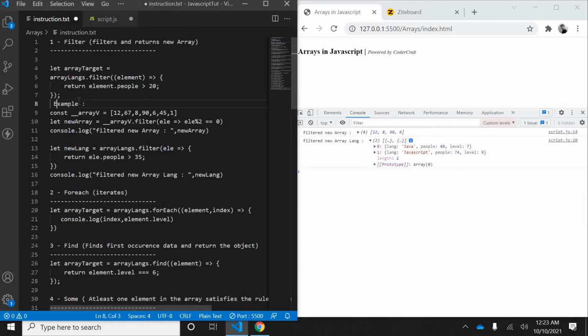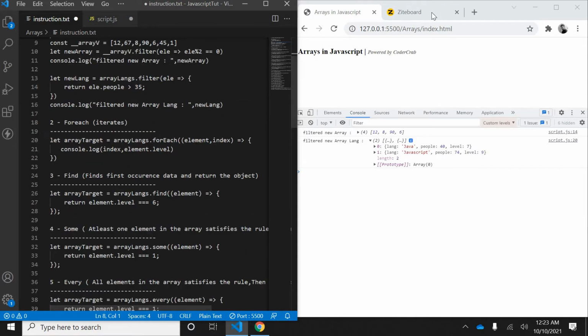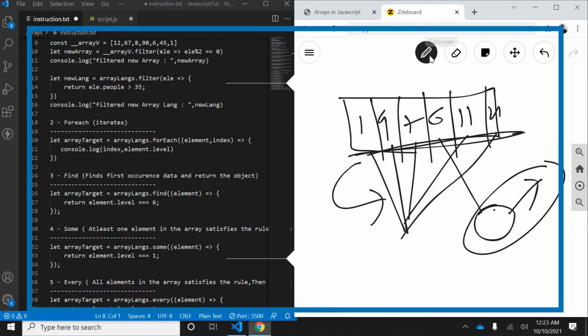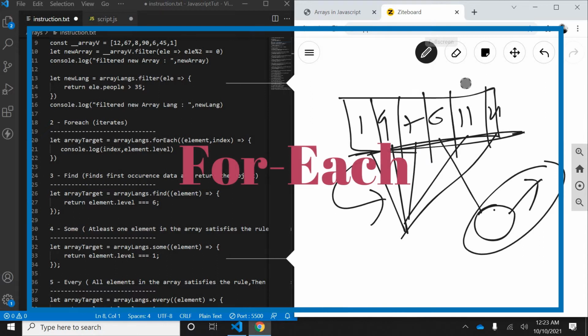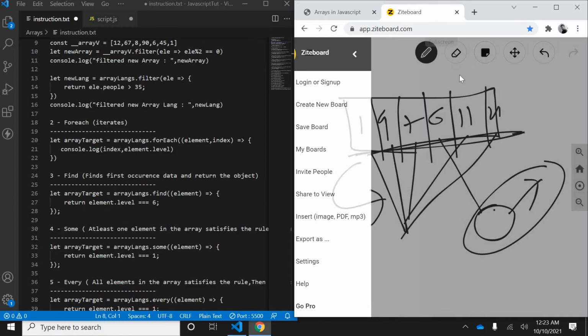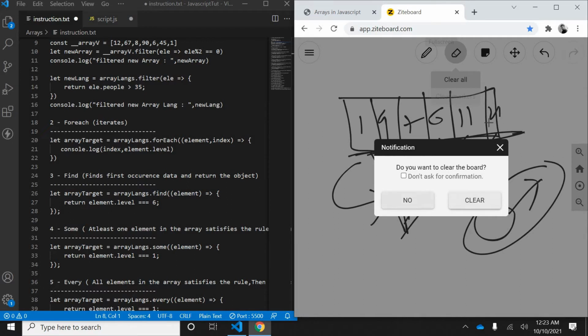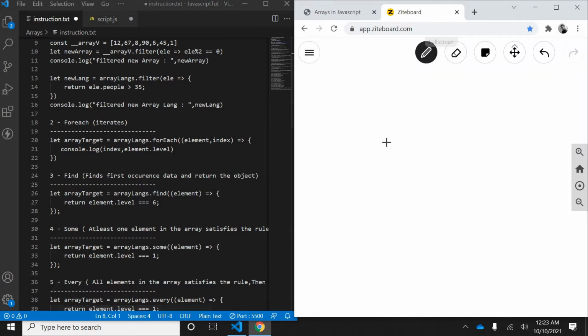So let's see the second one, that is forEach. Now let's understand what forEach is.